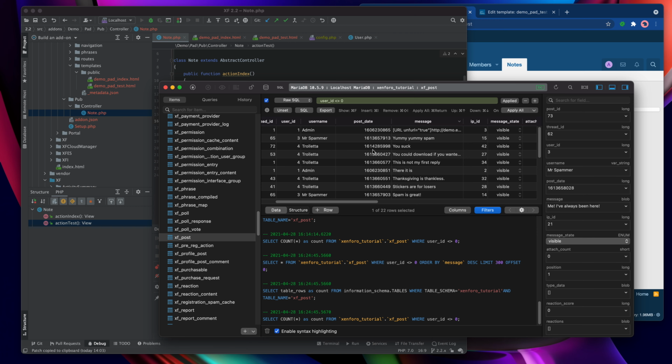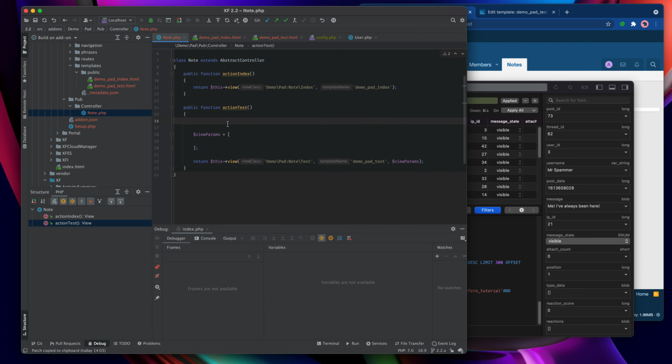You'll remember that I said that entities define their own relations, and so the post entity, for example, has a relation to the user table, and it knows that the user ID in the post table relates to the user ID on the user table. And it's very easy to pick out those relations and work with them. So let's go and take a look at that in action.